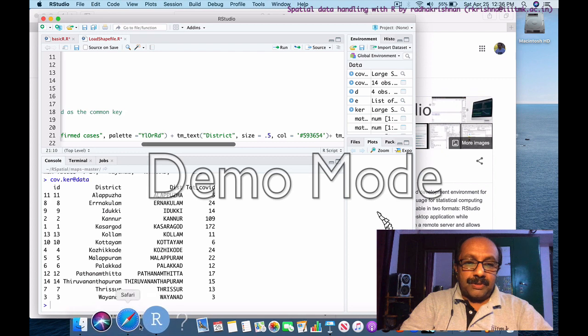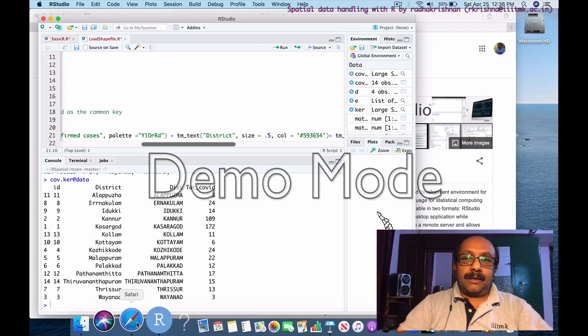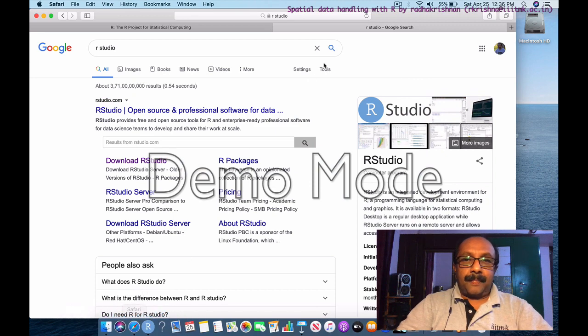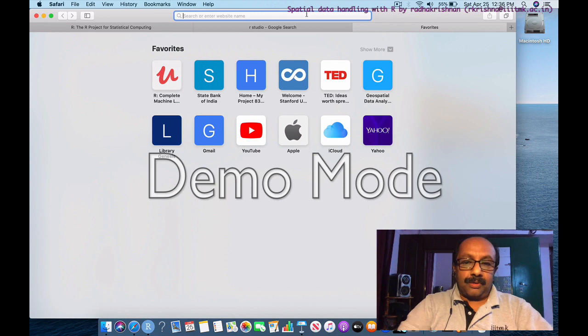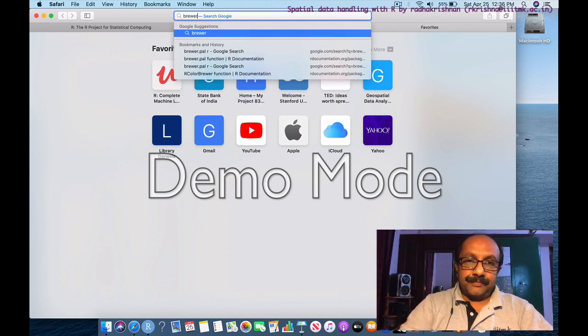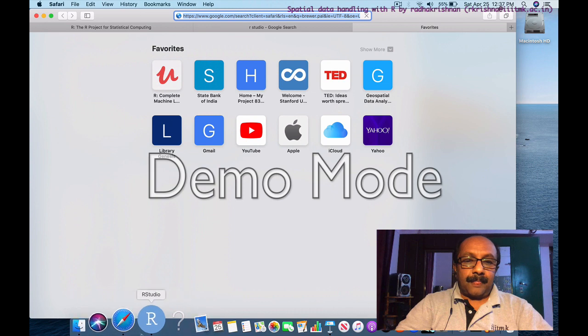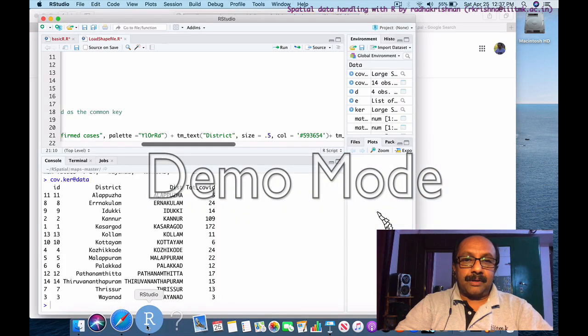Normally what you do is, if you go to the browser and search brewer.pal, you'll get the codes. You will get the code of the color pattern which you are using.